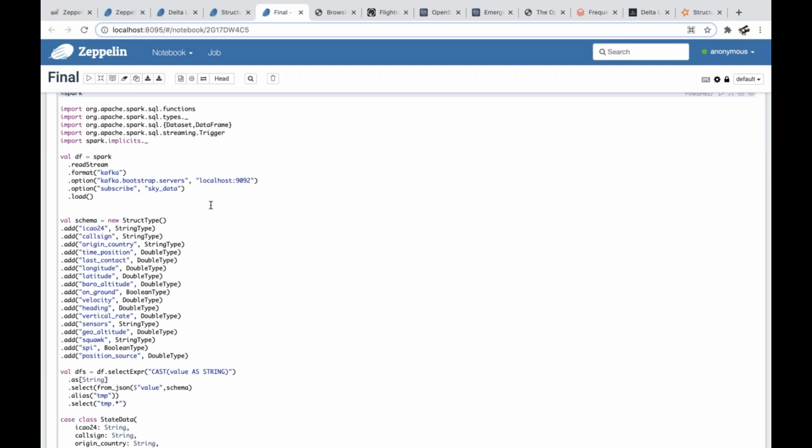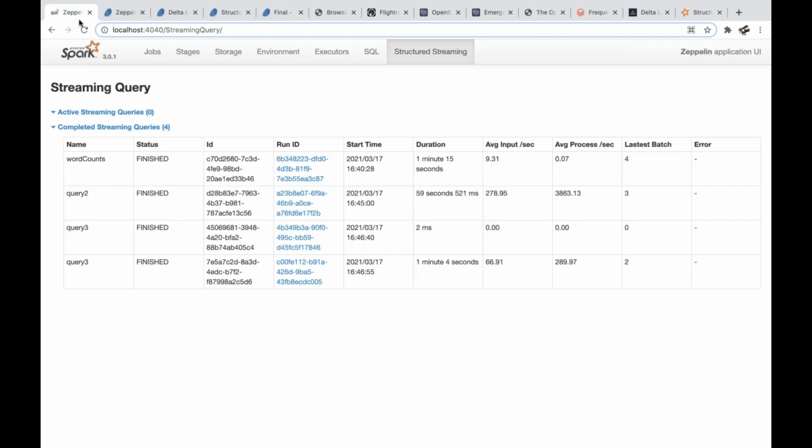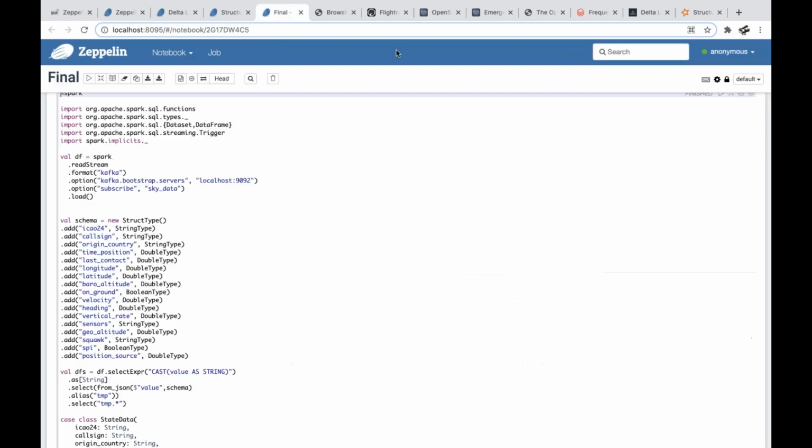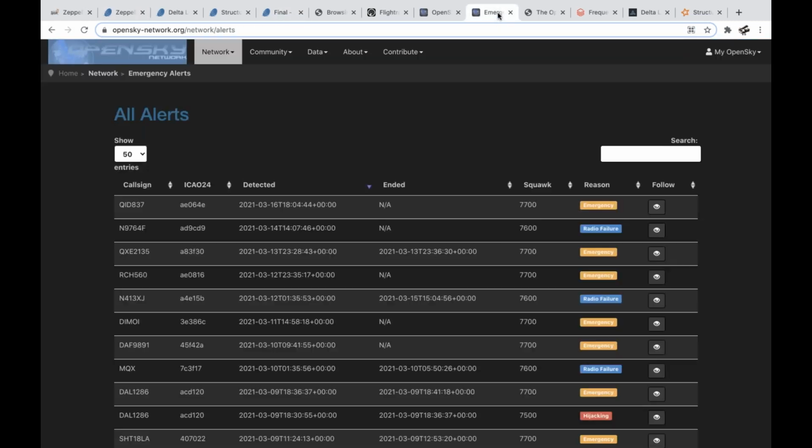I would like to see the planes. For example, I am a business guy and I would like to see the emergencies over the air. Is that possible? Yes, we can do that. Let's restart our kernel one more time. And whenever I refer to emergencies, there's something called emergency state on the flight. We know these squawk codes, and we would like to use those squawk codes.